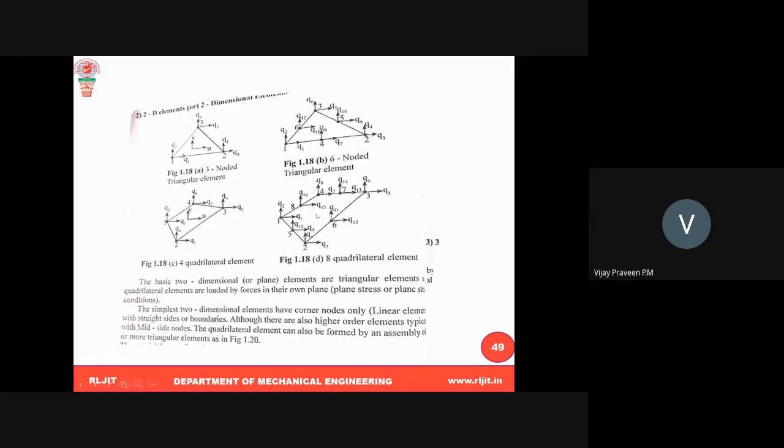Again here, the 8-noded quadrilateral means in between the corner nodes they introduce one more node, not element. So here one, one, one, and one. Therefore, totally how many nodal displacements are there? 8 twos are 16 nodal displacements. And how many nodes are there here? 8. So usually for all plane stress problems, when you analyze sheet metal problems and the like, we use this type of 2D elements.